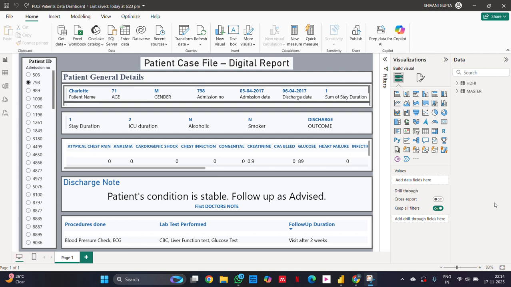The discharge note summarizes the doctor's final comments, the patient's current status, and follow up advice. This part is kept in a large format because discharge notes are meant to be read clearly without any clutter. Similarly, the treatment summary presents the procedures done, lab tests performed, and follow up duration in a structured table. This gives a complete one-page clinical summary, making it easy for any doctor, researcher or administrator to review the